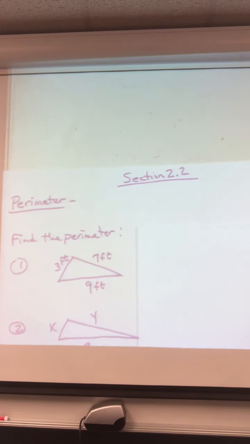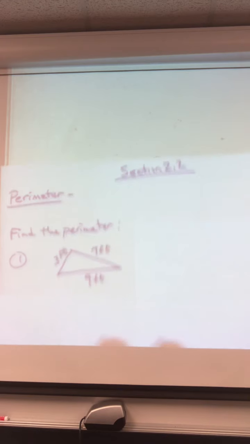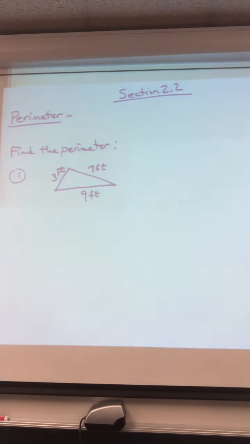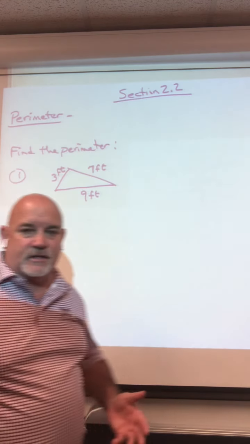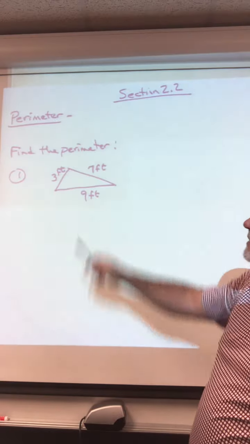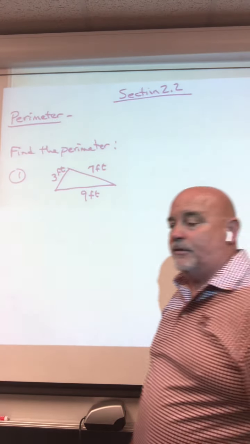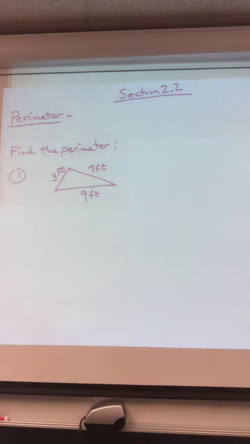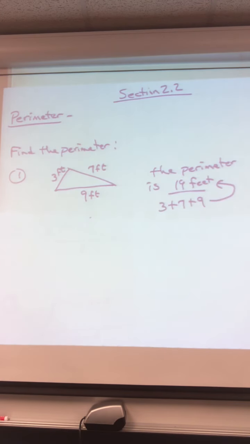So, just to give you a couple of real simple examples right here. In this first problem right here, and remember now, you can pause the video if you need to and copy the problem. I don't wait because you can pause it and it allows me to cover more material. So let's suppose you have this rectangle and I said find the perimeter. The perimeter would just simply be the total distance around this object, which is 3 plus 7 plus 9, which